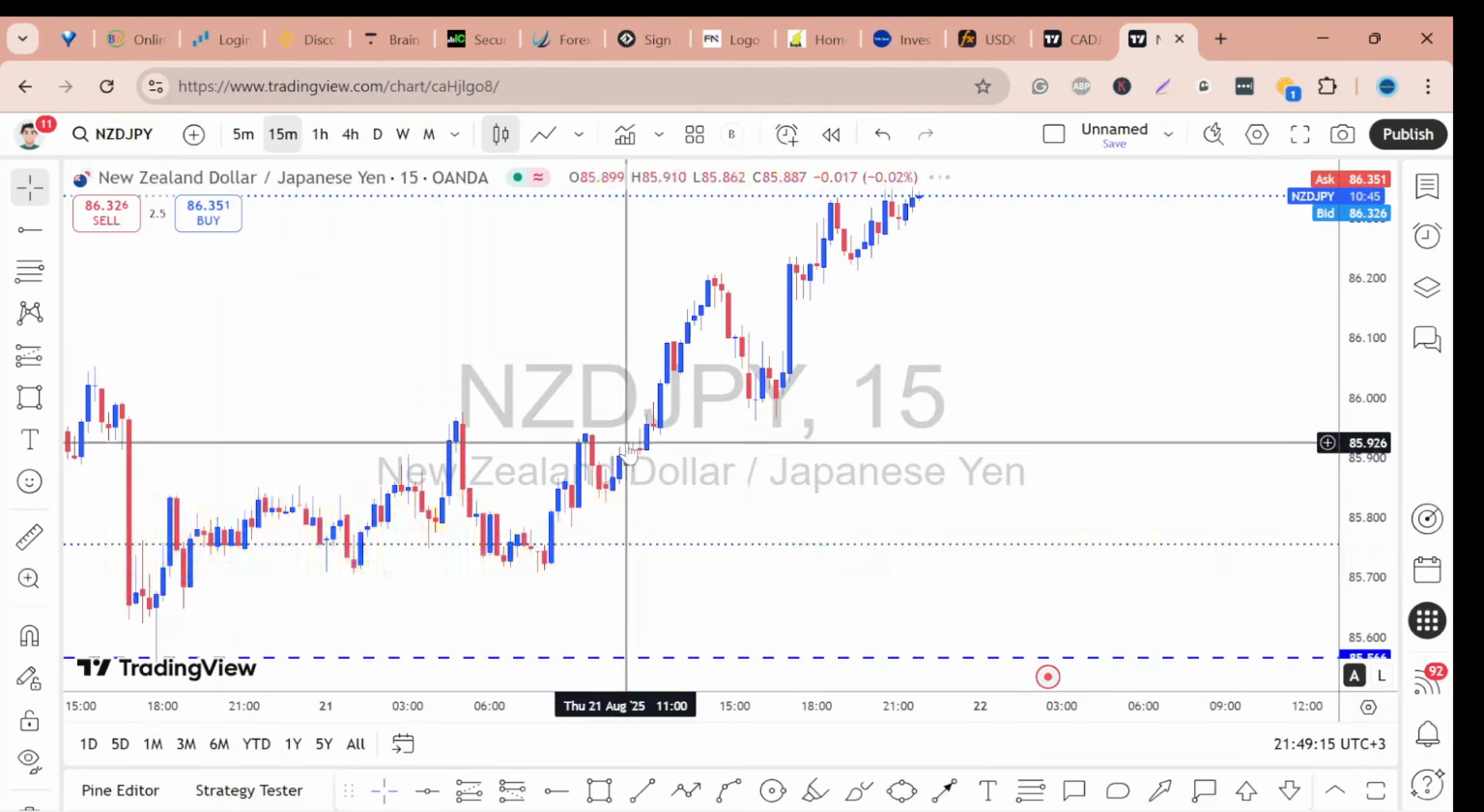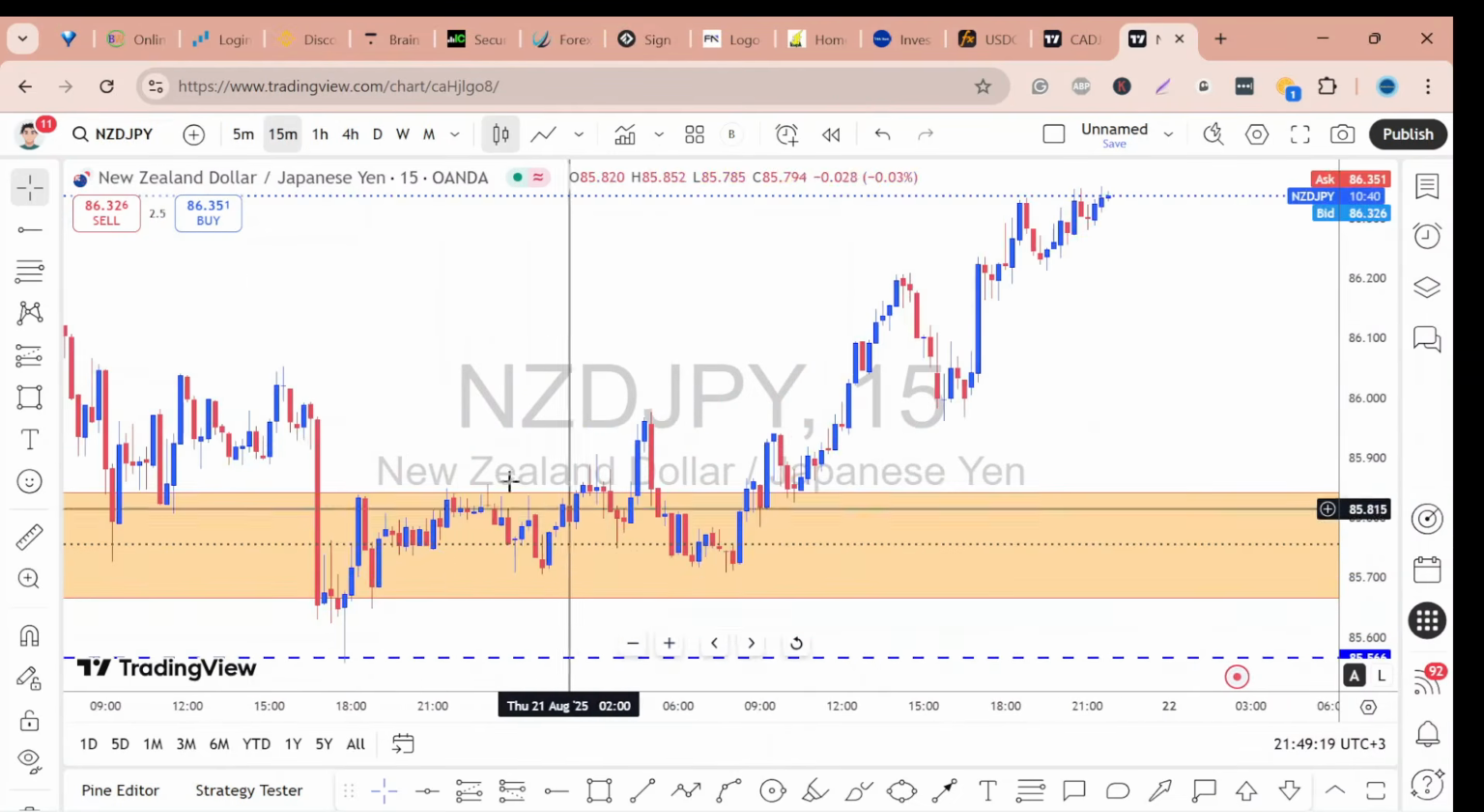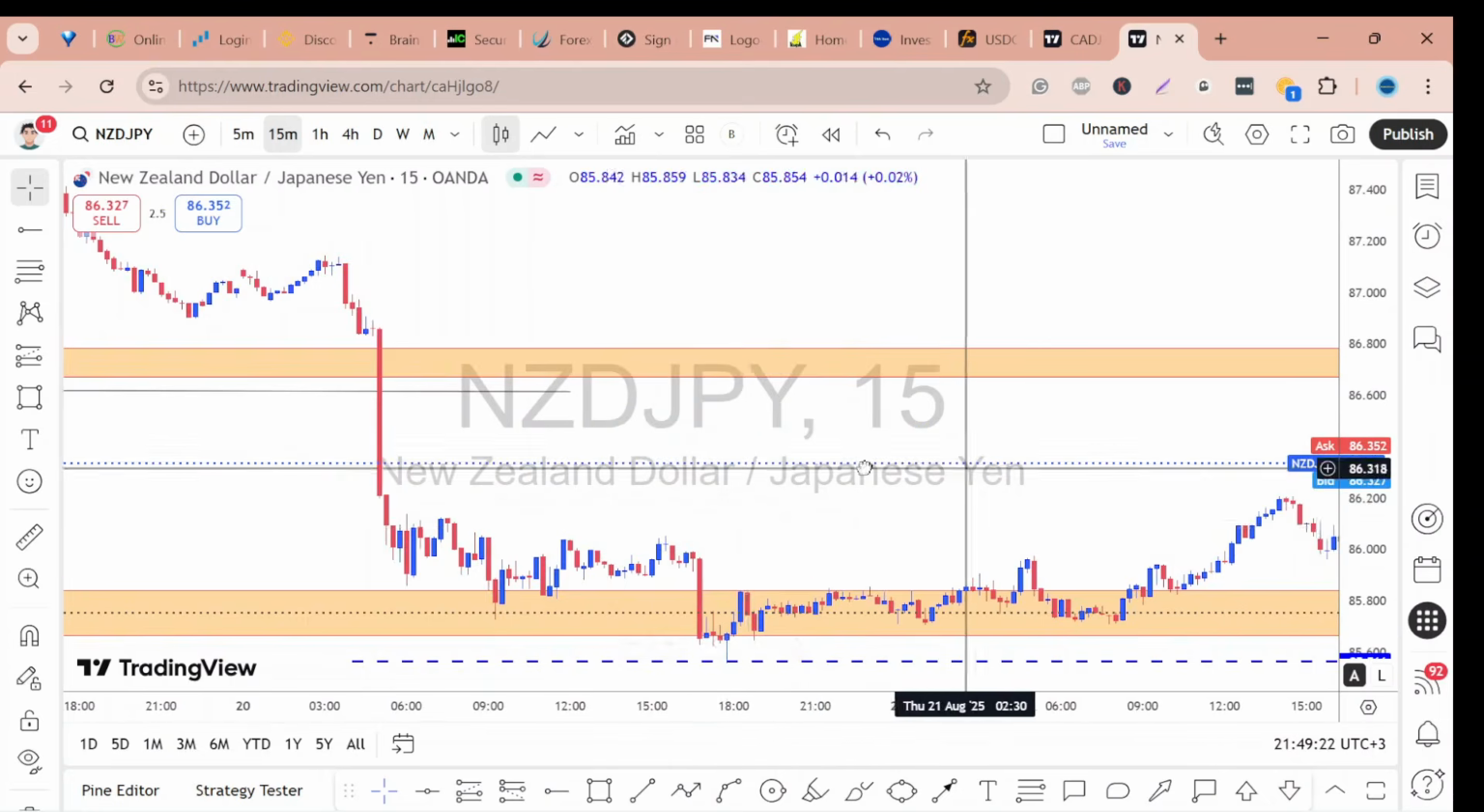So going down to the 15-minute time frame, this would be your view going down to the M15. So I will mark